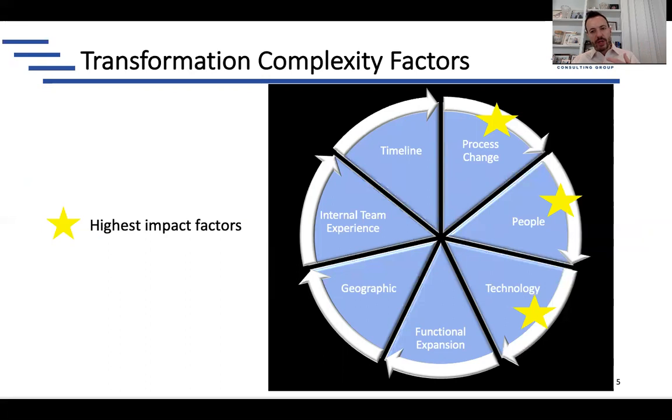So really just understanding where you are on the journey, how big of a jump it's going to be, what are the things that are going to contribute to the complexity of the transformation is a key step here. And one thing that the Activate methodology assumes is that we're all starting from the same place, but we're not. We're starting from very different places, and we've got to